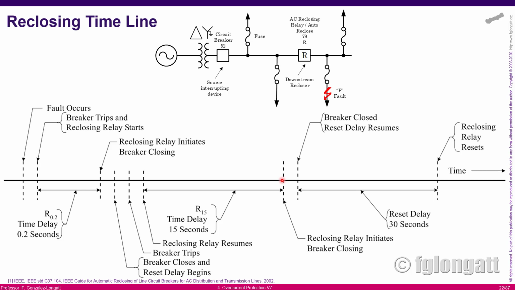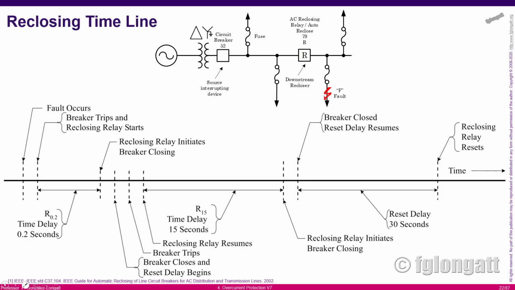Okay, the auto-reclosing relay will reset to the initial state only if the breaker doesn't open during the reset interval. What I'm trying to say is if the circuit breaker doesn't open here, then the auto-recloser will reset and go back to the original position, and if anything happens again, the same history with the first short reclosing, the second slow reclosing, and then the reset delay will happen again. Okay,